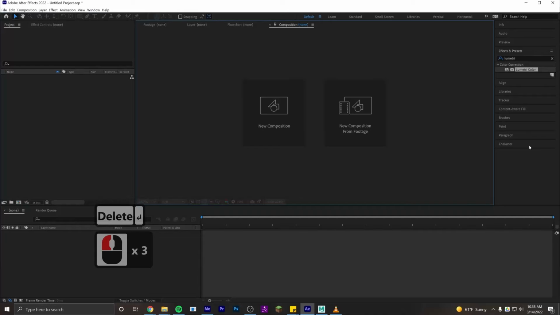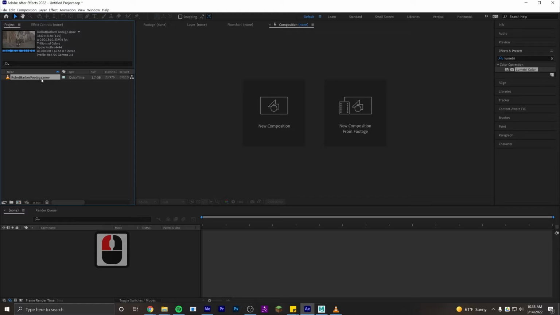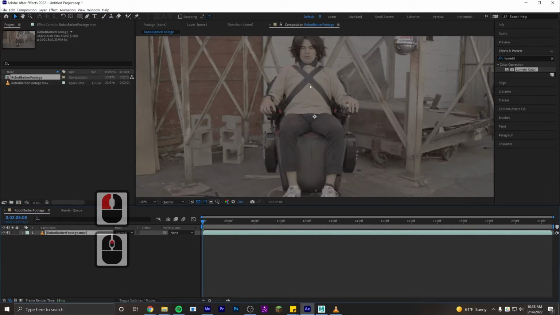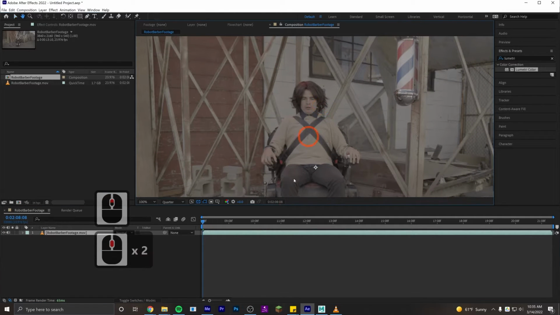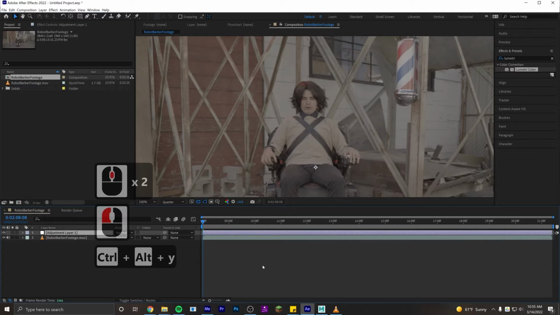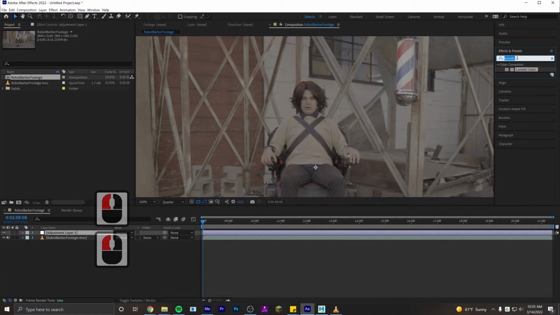So we'll jump into After Effects and we'll drag our footage into our project folder, then drag our footage down onto the new composition button, and let's actually create a LUT for this so that we can see it in the right color space. So what I'm going to do is Control-Alt-Y to create an adjustment layer, and I'll apply the Lumetri color effect. So under Effects and Presets, search for Lumetri, and drag the Lumetri color effect onto this